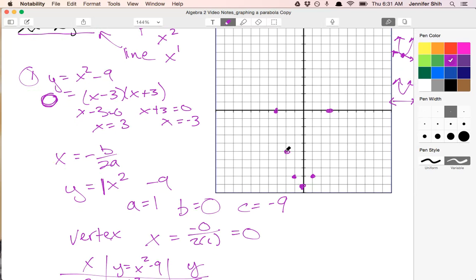And it's easy for me to plot because it's symmetric. And I know if I move 2 spaces to the left here, I'm going to move 2 spaces to the right. It's why some people graph parabolas faster than others. Okay, my parabola is going to shoot to positive infinity,